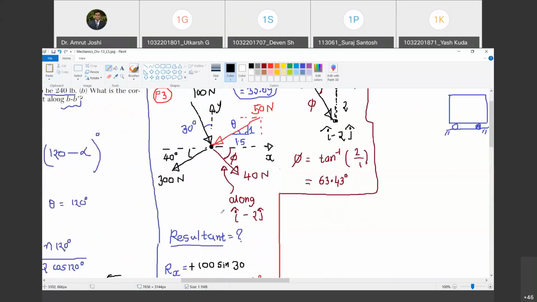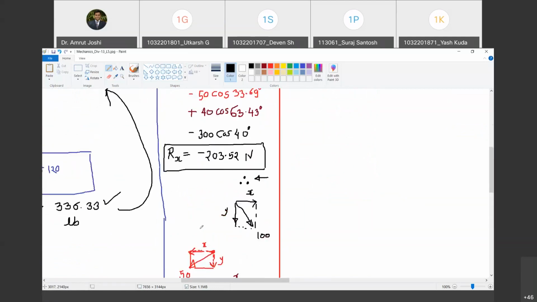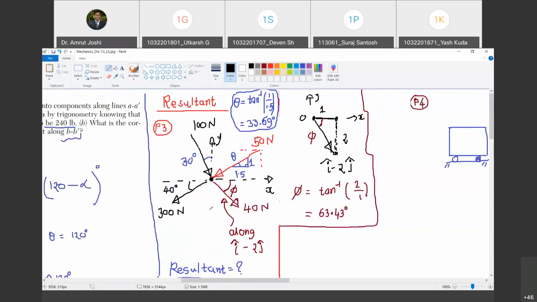Now we don't have to find the x and y components of the resultant. What have we been asked? Find the resultant itself. Are you with me? Yes, sir. So how do I find the resultant now? Look, I am going to draw Rx and Ry. By the way, tell me, from where do these Rx and Ry pass? If the lines of action of all the forces pass through this point, it is obvious that Rx and Ry are also going to pass through this. Are you with me? Yes, sir.